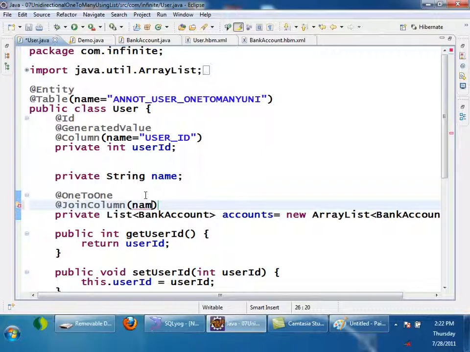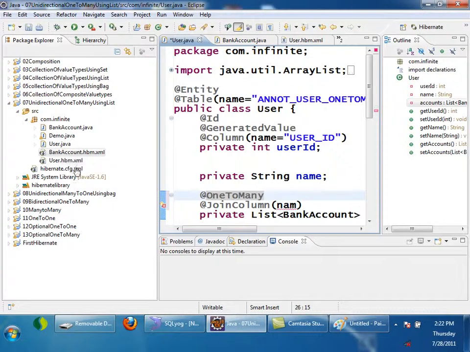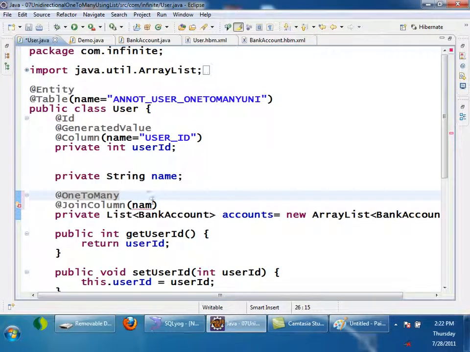name, sorry, OneToMany, sorry, it is OneToMany. I think I took the wrong thing, OneToMany, and JoinColumn name is equal to, I want the join column name to be u_id, comma, referencedColumnName is equal to what?